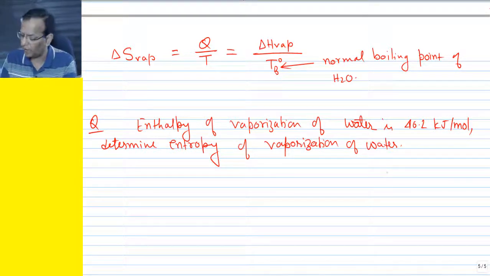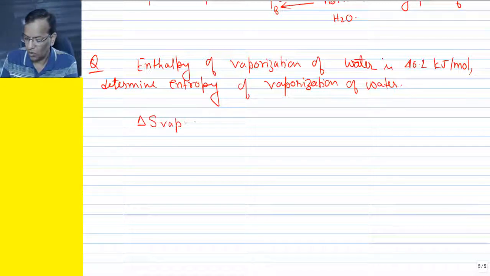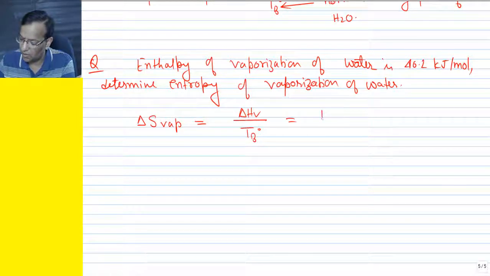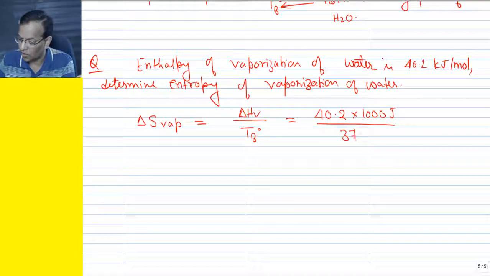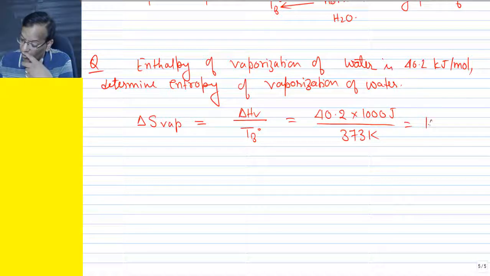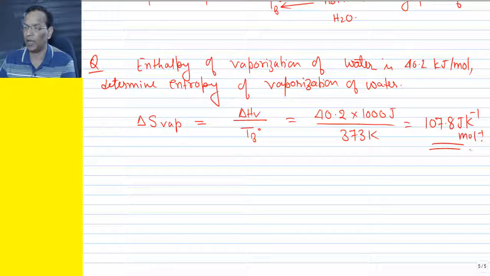It's a very straightforward question. So delta S vaporization will be equal to enthalpy of vaporization divided by T boiling. Enthalpy of vaporization is 40.2 kilojoule, so we convert it into joule, divided by boiling point. For water it is 373 Kelvin. So if we solve it, it comes out to be 107.8 joule per Kelvin per mole,